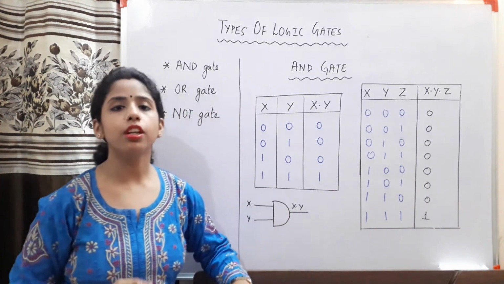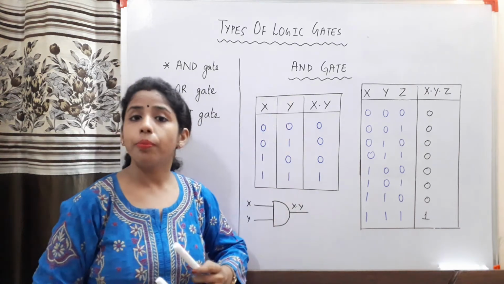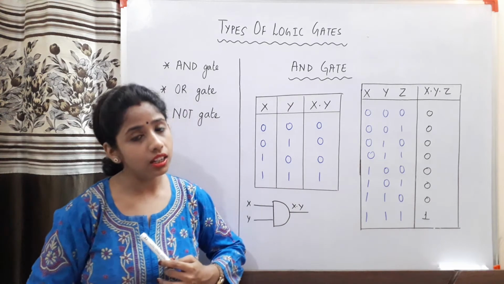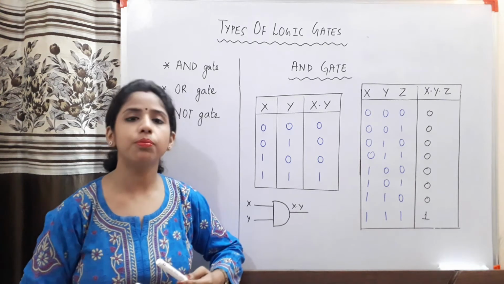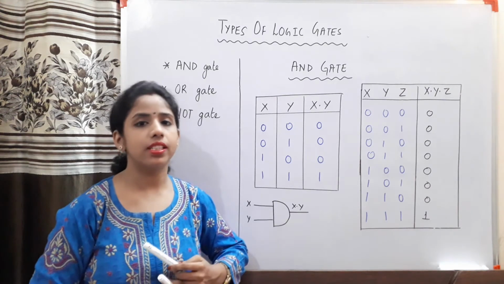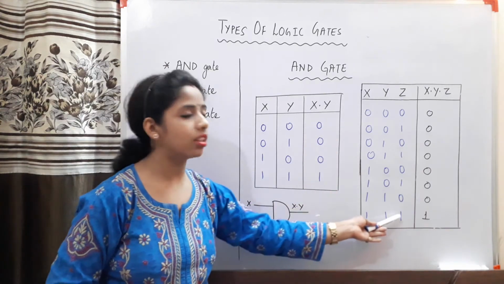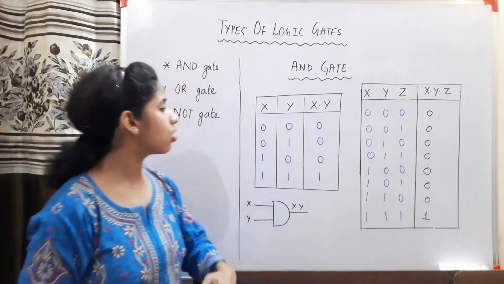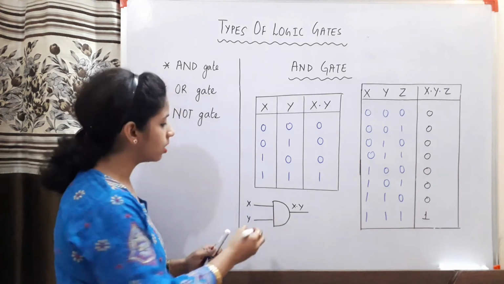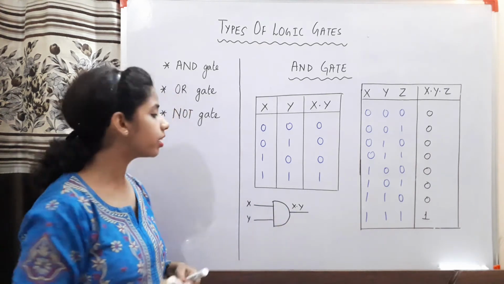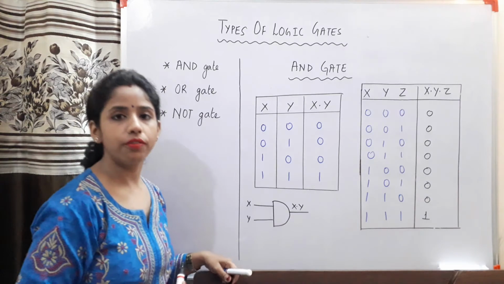So no matter how many inputs you give, remember you cannot give less than 2 inputs, because the AND operator is a binary operator, and similarly the AND gate is a binary gate. So you have to provide at least 2 inputs, but you can provide as many inputs as you want except less than 2. In the case of 3 variables, only if all the inputs are 1, the answer is 1. Now talking about its symbol in the logic circuit, you can see that I provided 2 input signals and this is the symbol for the AND gate. What it does is perform the logical AND, the multiplication of its operands.